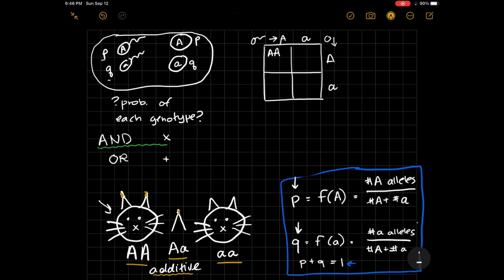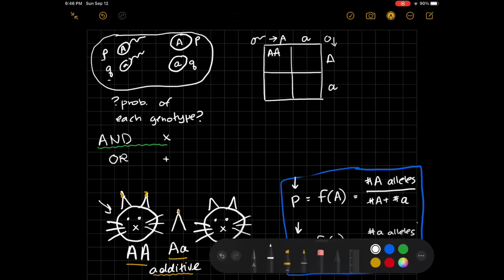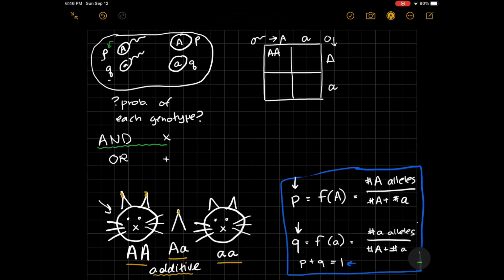Now I'm going to fill in what we get. So this is what happens if a big A sperm meets a big A egg. We get a big A individual zygote resulting from that. We can fill in the whole Punnett Square chart in this way. Okay, so this square, again, represents a big A sperm and a big A egg getting together to form